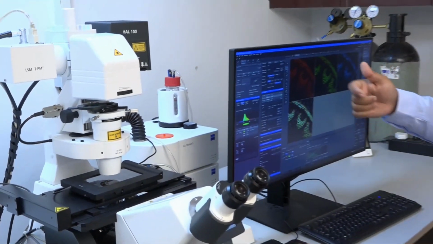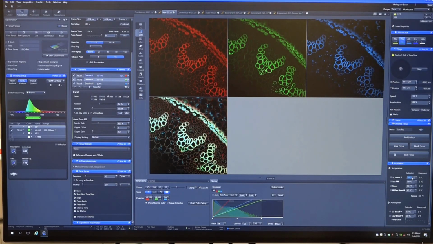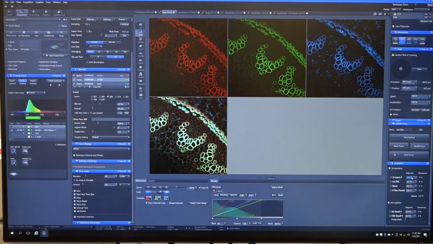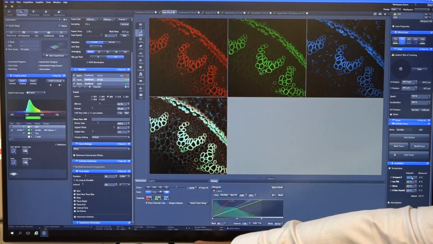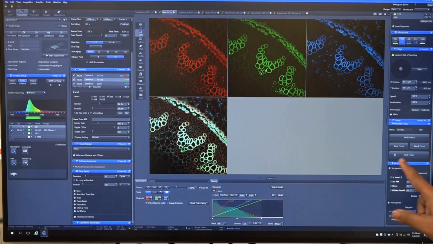So the similar thing we can do from here. Once the live cell setup is ready, before anybody comes for live cell setup, this has to be on, and the stage top incubator has to be there. So, and in this incubation, you can see the window. So here you have to set the temperature. Usually it is kept at 37 degrees. So you have to set the temperature for the inserts.